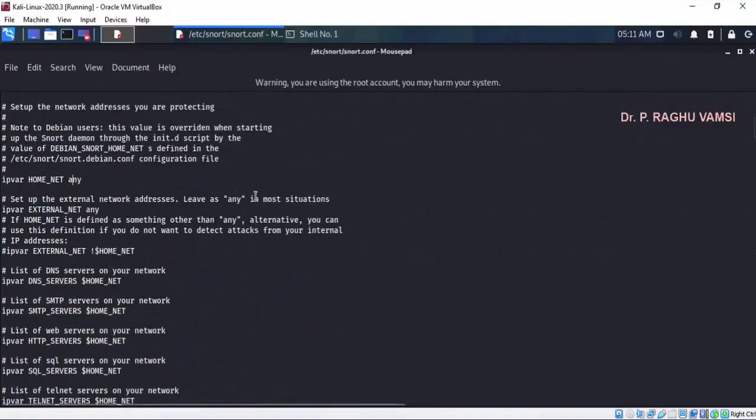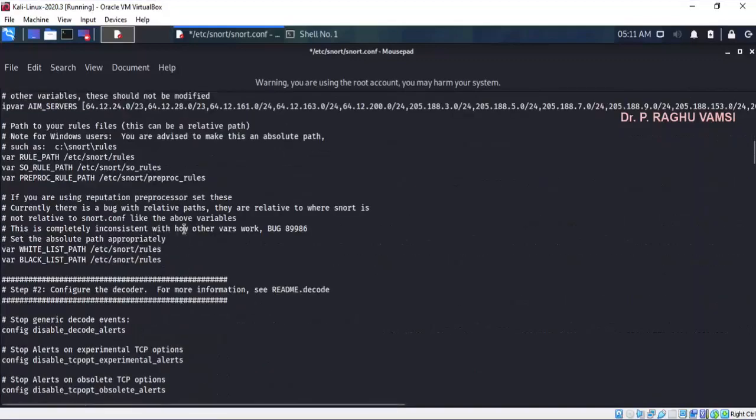You can set the home network as 192.168.1.0/24. This is the home network. That means any IP address of this range, that is the host only adapter, will become the home network.